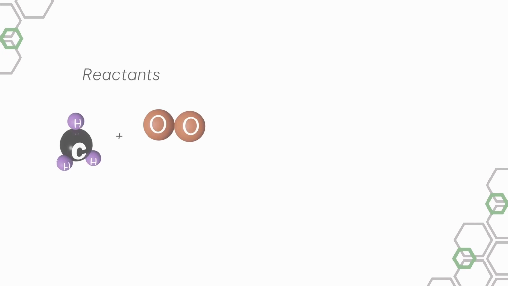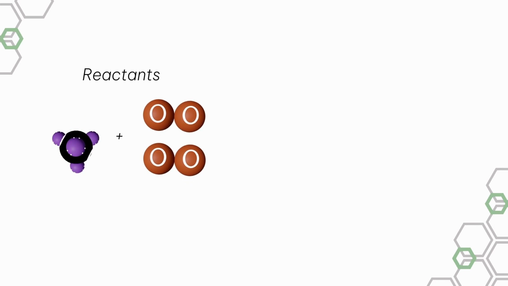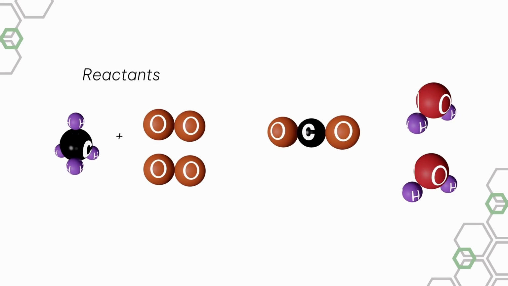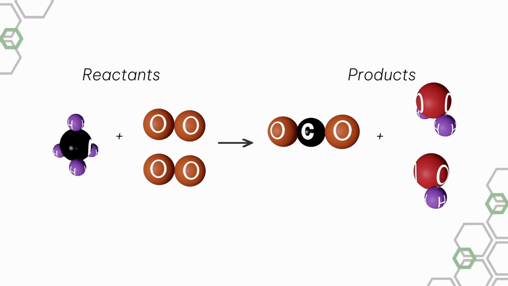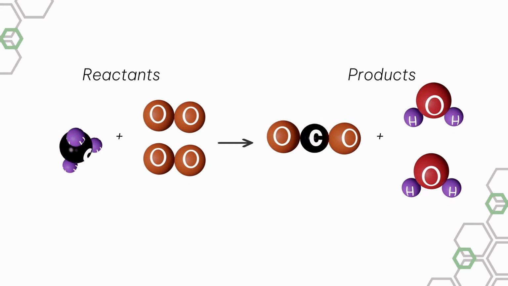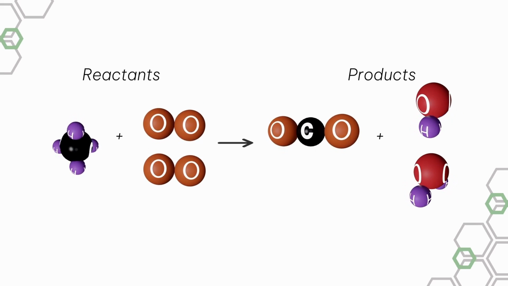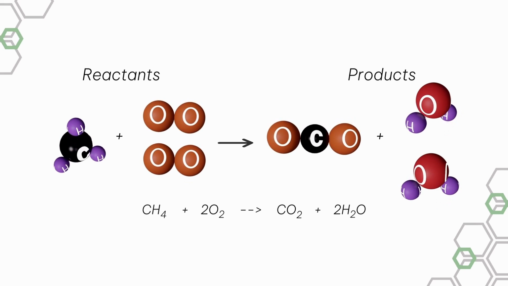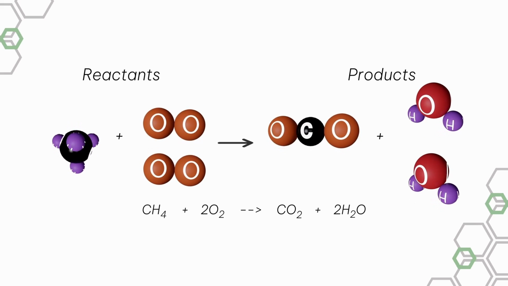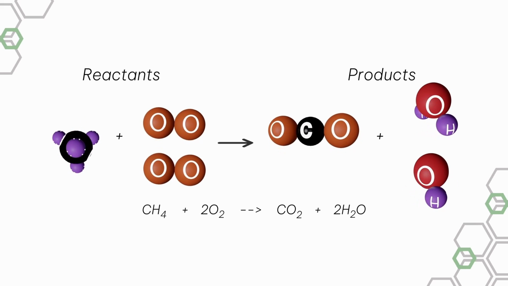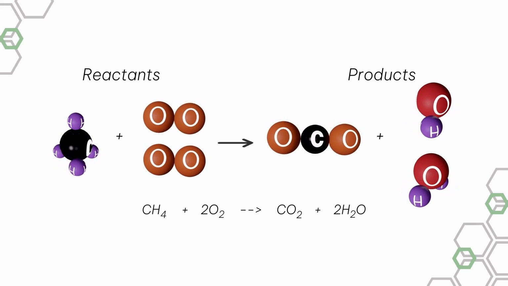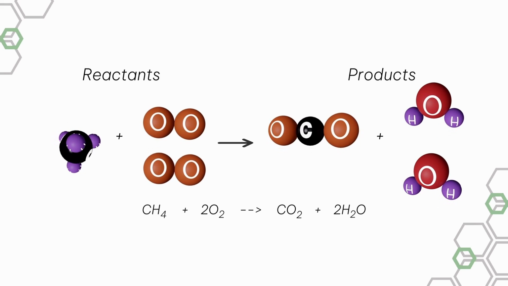Stoichiometry helps us to understand that in a given chemical reaction, what should be the mass of reactant and the mass of product formed. This can be understood from a balanced chemical equation. When methane and oxygen combine, then carbon dioxide and water vapor are formed. This is the balanced chemical equation for that reaction. In this equation, methane and dioxygen are the reactants, and carbon dioxide and water are the products.